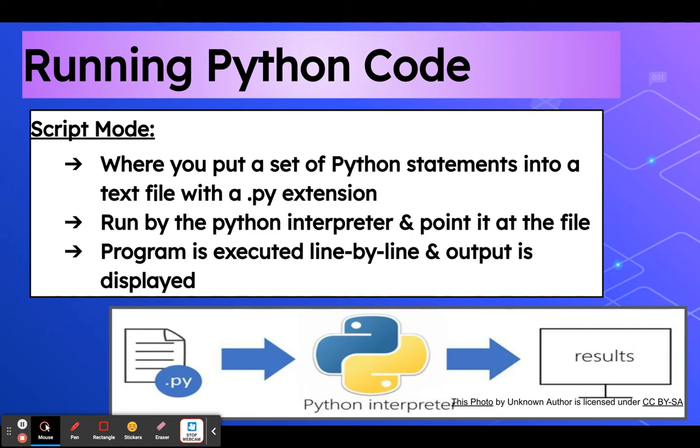Then you're running it. So the interpreter is executing it line by line, and then you have a final output. If you look down here, you have your Py program. It gets inputted into a Python interpreter, and then it spits out your results. So different from the interactive mode.